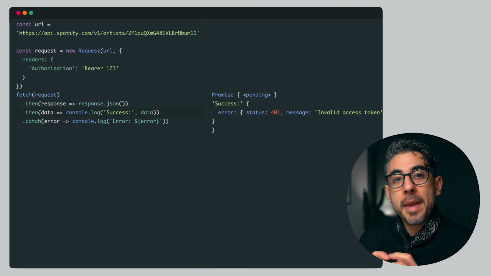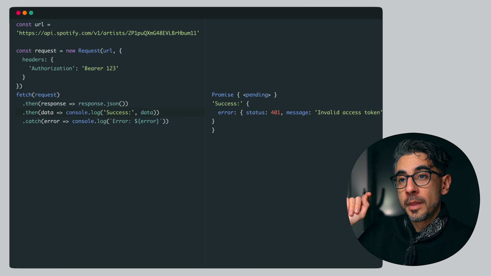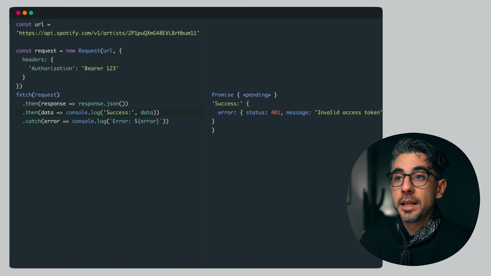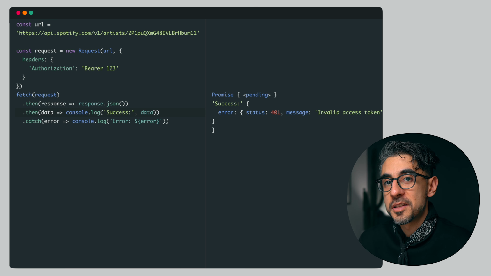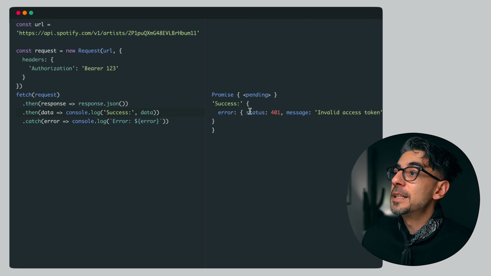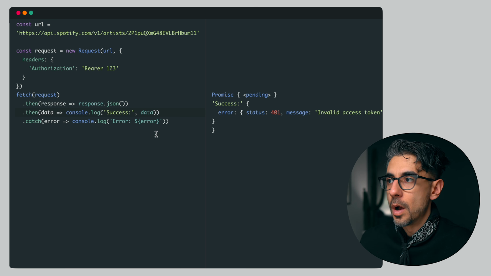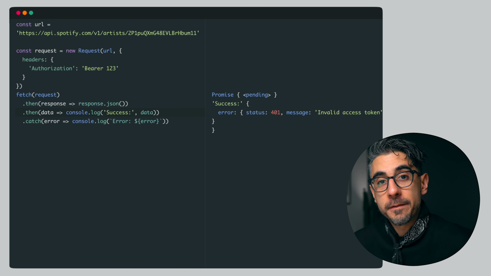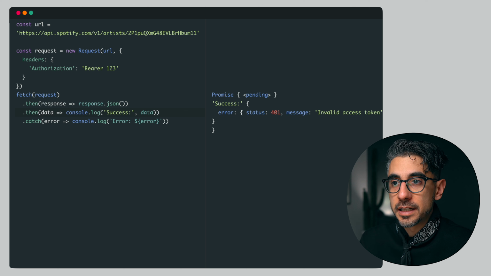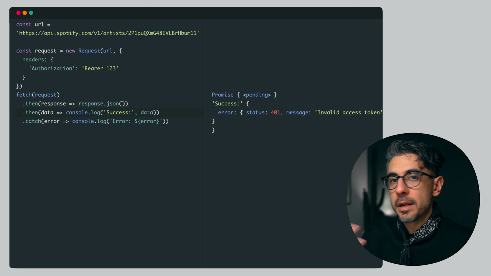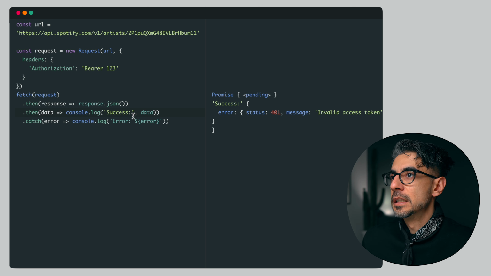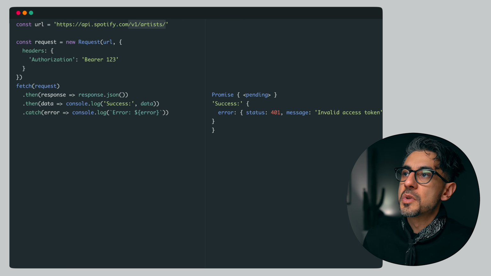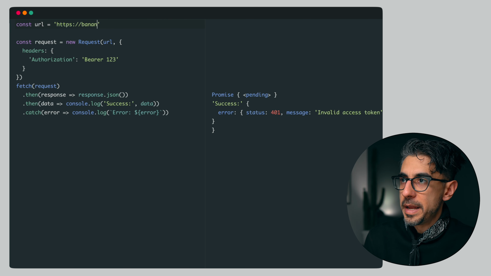But that's because making a successful trip to the API is considered success, regardless of what data comes back, even if the data is status 401 and it's an error. But if the fetch operation itself fails, meaning it can't connect to the server or reach the server or something like that, that's when we will actually end up in the catch block. And I can prove it to you by going to some fake banana